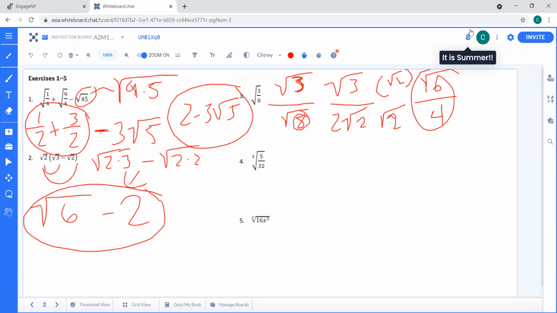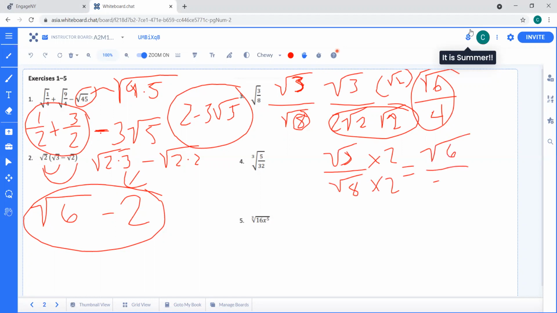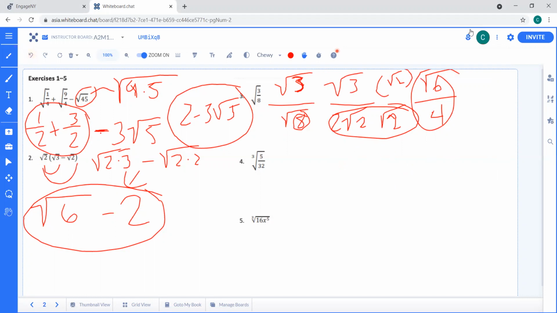Now there's another way we could have done this. Instead of doing all this on the bottom here, we could have said square root of 3 over the square root of 8 times 2 times 2. That would give me the square root of 6 over the square root of 16, which is the square root of 6 over 4. A couple different ways you can do those. And I probably took a long route there. So anyway,